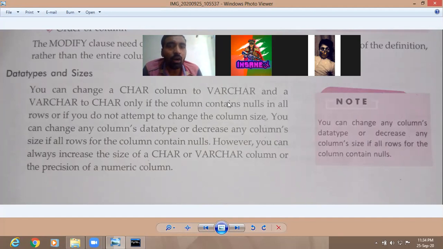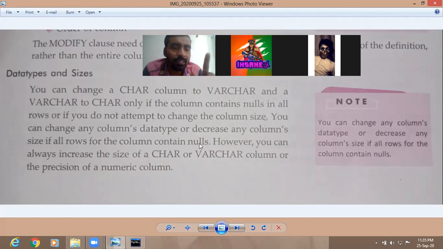So only if the column contains nulls in all rows, or if you do not attempt to change the column size. If you do not change the column size, then it may be possible to convert char to varchar or varchar to char. You can change any column data type or decrease any column size if all the rows for the column contain nulls.